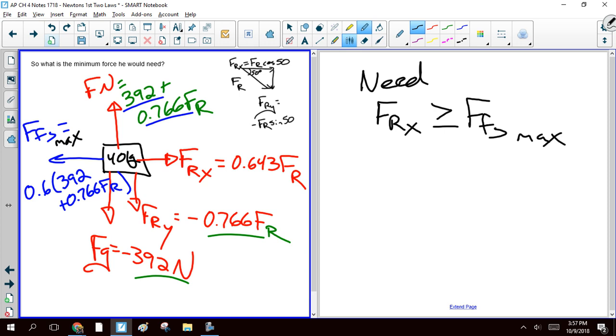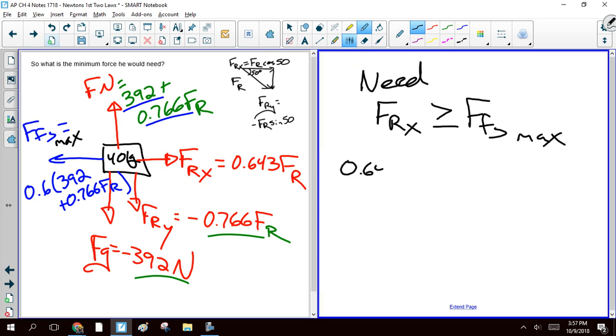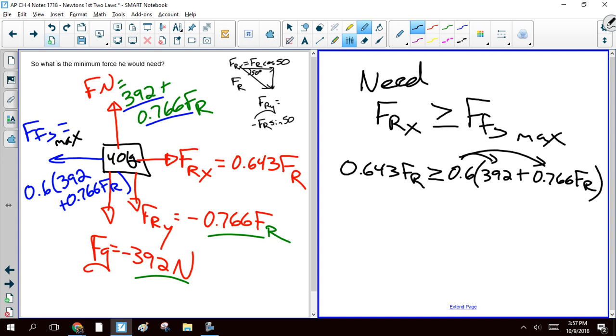All right, so now it's algebra, right? We've got this 0.643 times the force of Roy. It's got to be greater than or equal to 0.6 times 392 plus 0.766 FR. So let's see, we're going to distribute. Or I guess you could divide by 0.6. I've already done this, so I guess we'll finish this train of thought. So what's that give you? It gives you 235.2